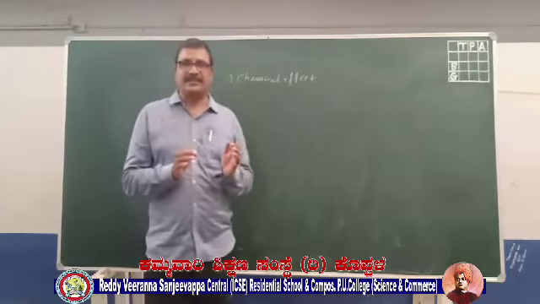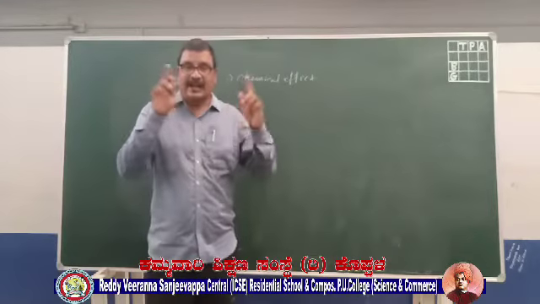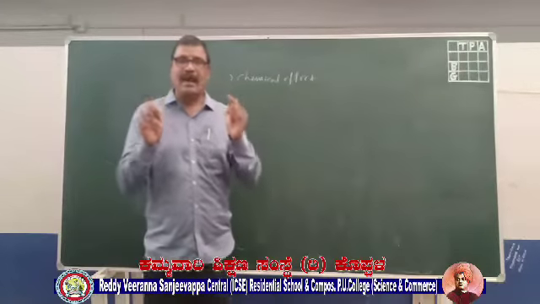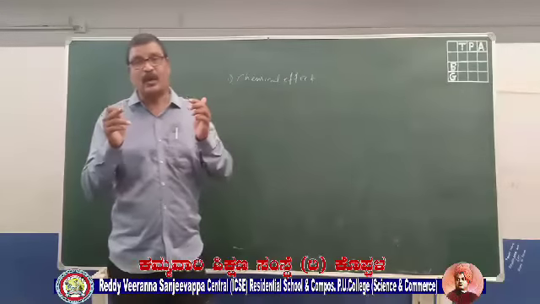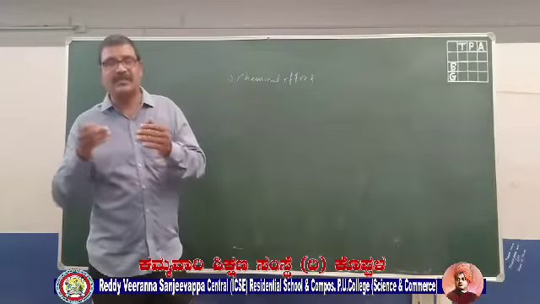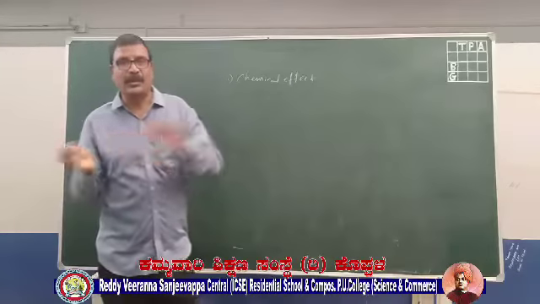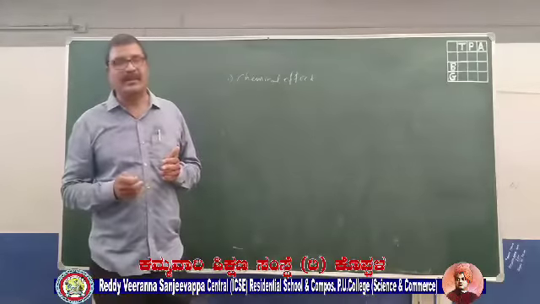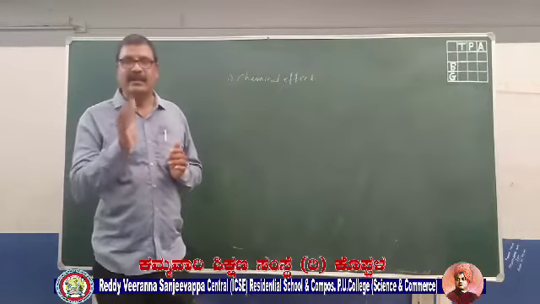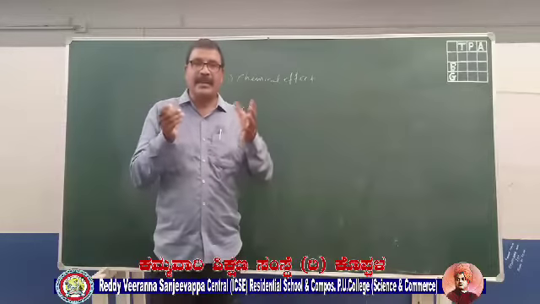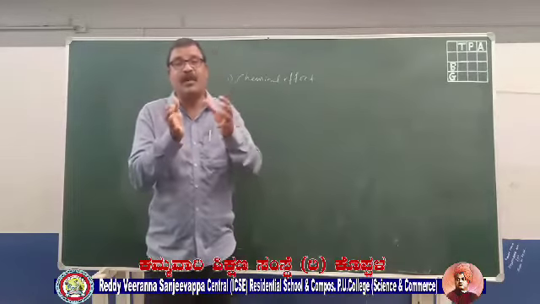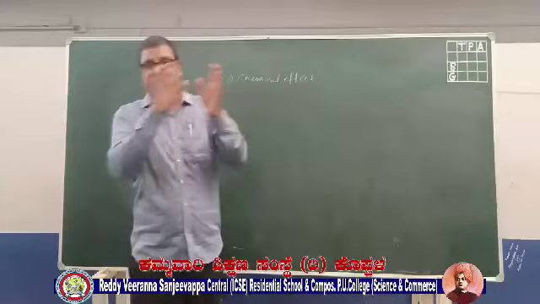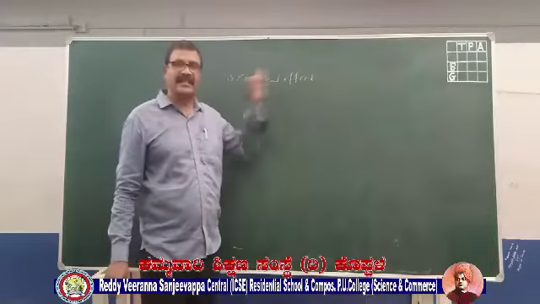When you pass current through an electrolytic solution, as you have studied in chemistry in 9th standard or so, through electrodes, the electrolytic solution will be broken into ions. The positive ions will move towards the cathode and the negative ions towards the anode, as you have learned in chemistry. So what is happening here? We are storing energy in the form of chemical energy. We are converting electrical energy to chemical energy. That effect is called the chemical effect.